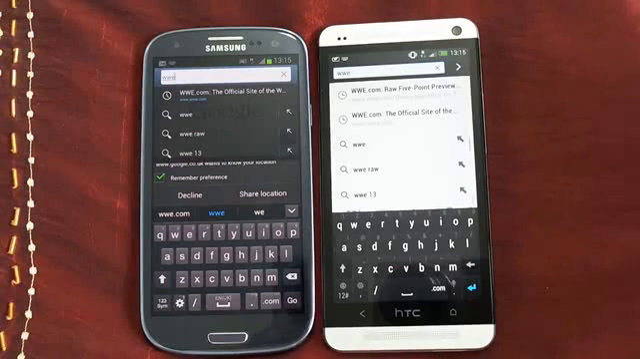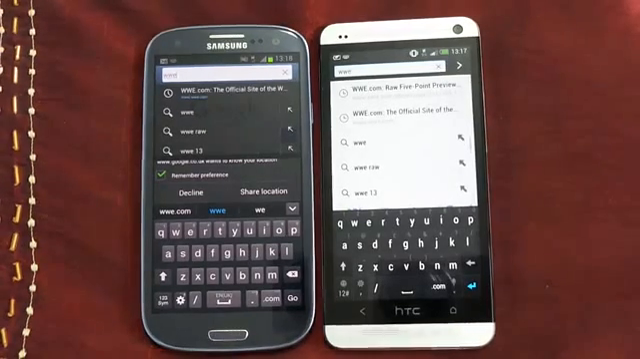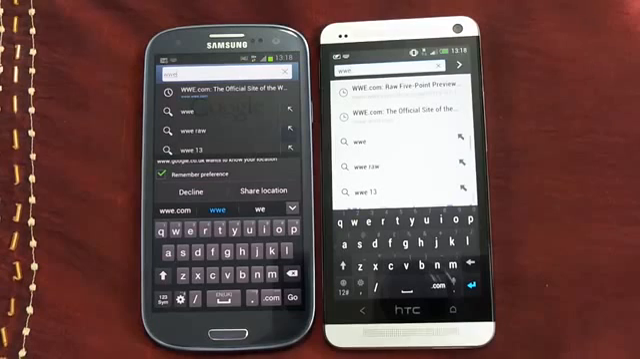S3 with HTC One. I'm using a 3 network on both of them, and 3 is capable of fetching data from 3G. We are doing this comparison to see how these devices perform on 3G network and how the browsing experience looks on them. So I'm using an integrated browser on both of these devices, and both are running on